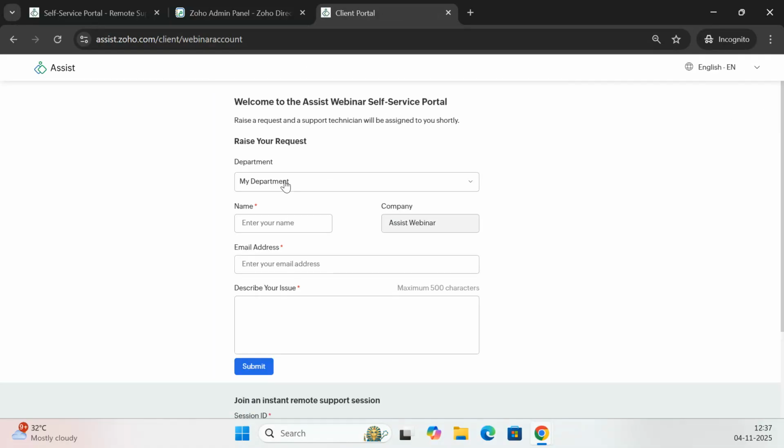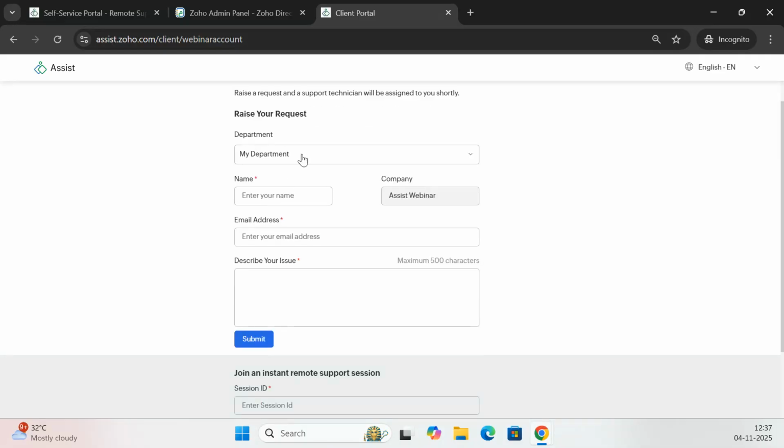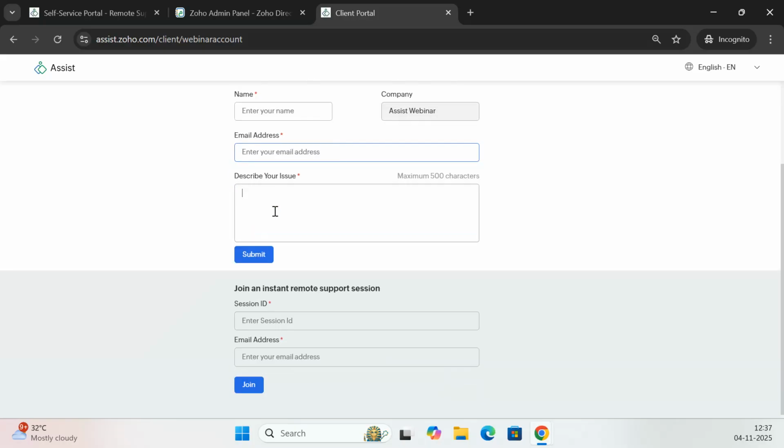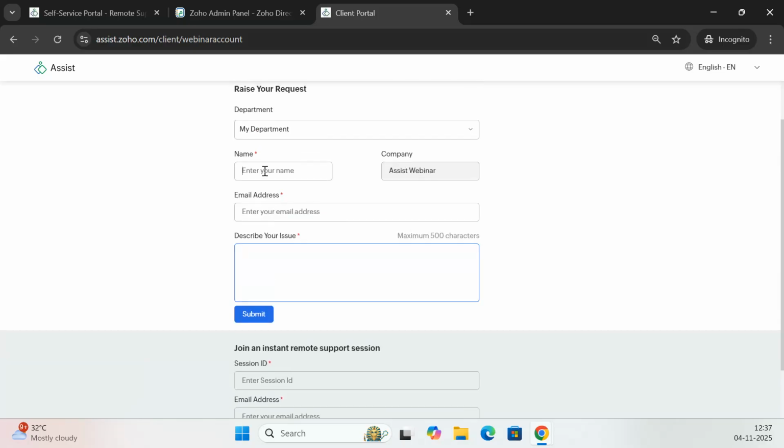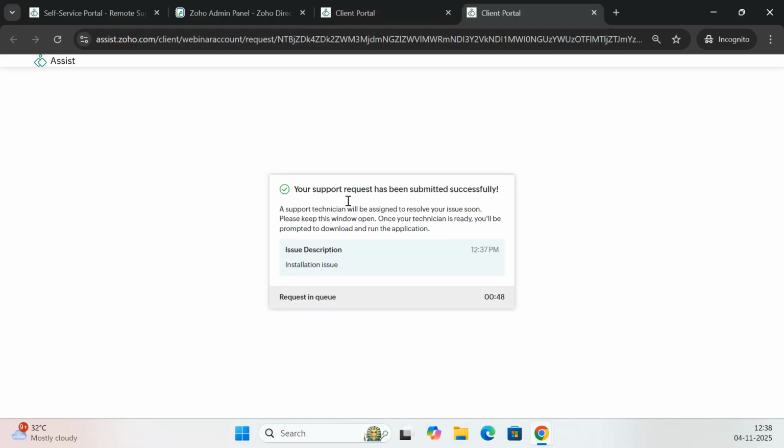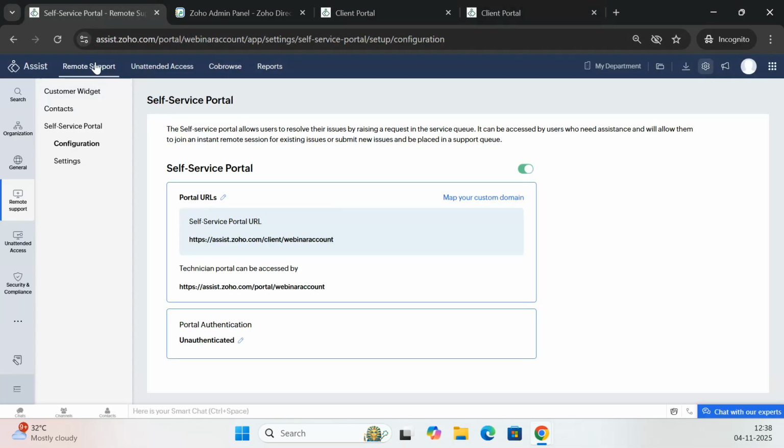You go ahead and the customer can choose the respective department in which their query will fall. And you enter their name, then the email address, and a short description of what the issue is. And just hit submit. Automatically, this particular request will be submitted in the service queue, and the technicians can log